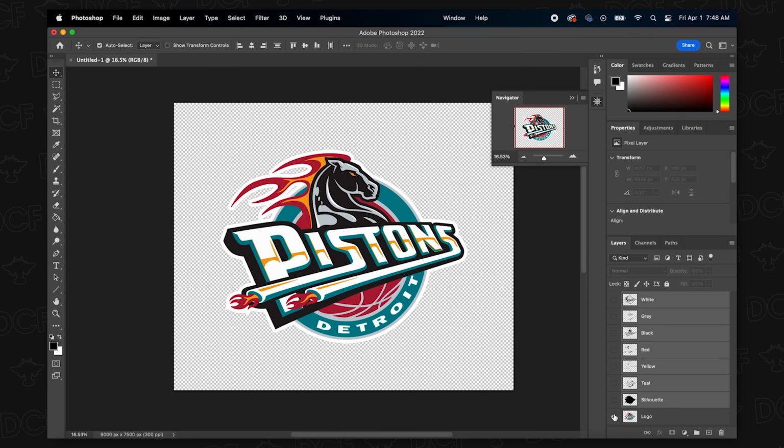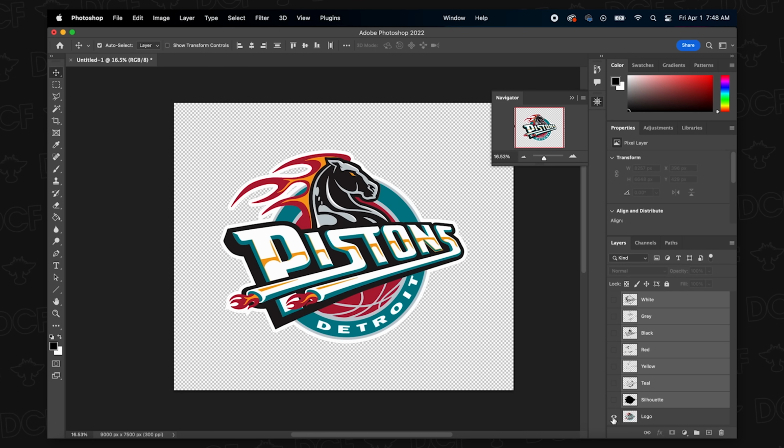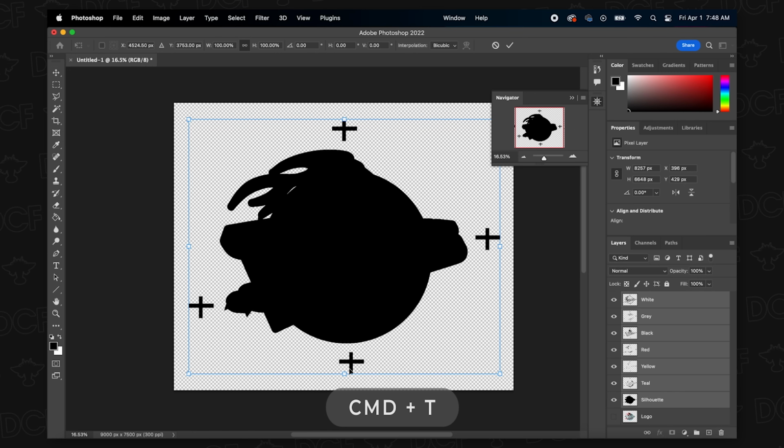Now we're basically ready to get all of our layers sent over to the stencil cutting software. The only thing that we have left to do is rearrange them here in this document so that they're not stacked on top of one another. So let's go ahead and turn off our main logo layer. Let's turn on all of the other layers, and then I'm going to select one of them, such as this white layer. Let's hold down Shift and select the rest of them. Press Command T for the transform tool, and then we can drag from any of these points to scale this